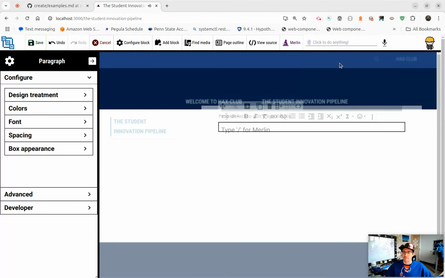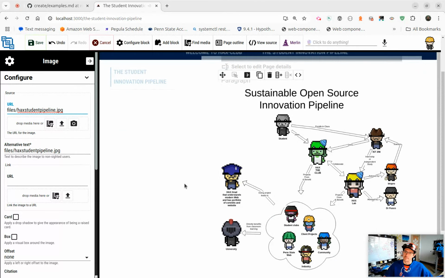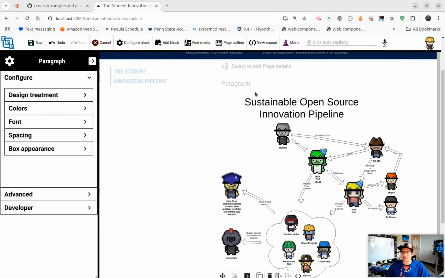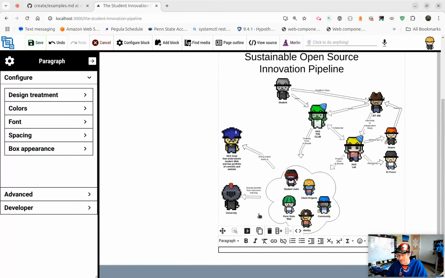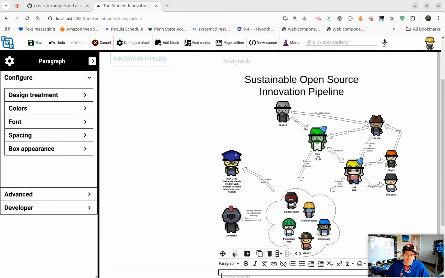So I made this little infographic to help visualize this. The Sustainable Open Source Innovation Pipeline. This is using the institution in order to benefit the students and the larger open source community and the institution itself, just through minor curricular adjustment, right? So we have to teach web development in this one course that's mentioned here. It's ISC 256. And if we teach web development in a modern context, and it happens to be contributing to a larger effort,